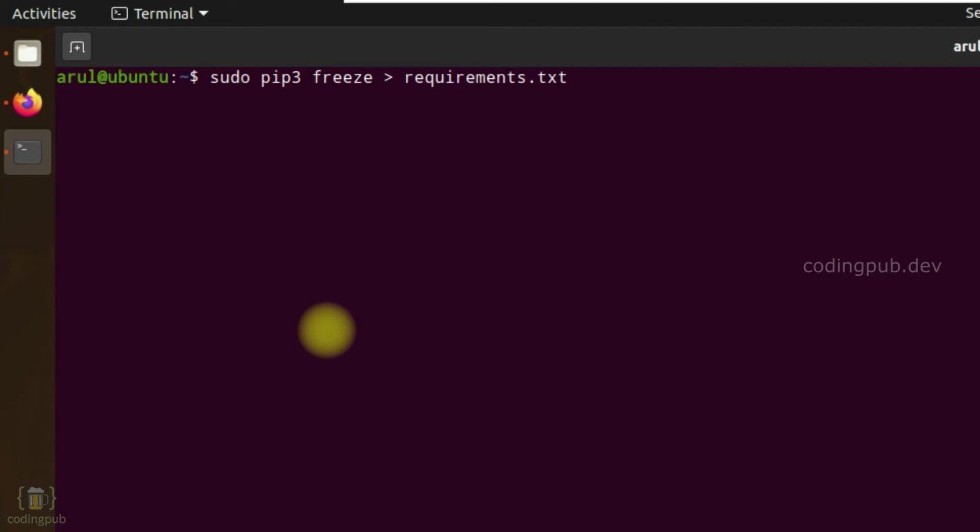What it will do is it will create a file named requirements.txt and push the list of packages installed on our system to that file.